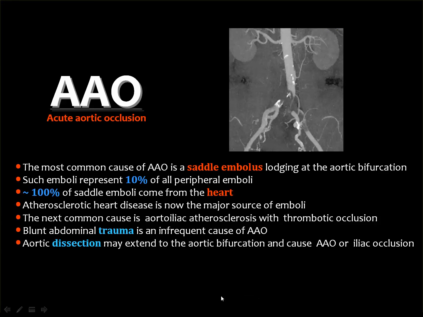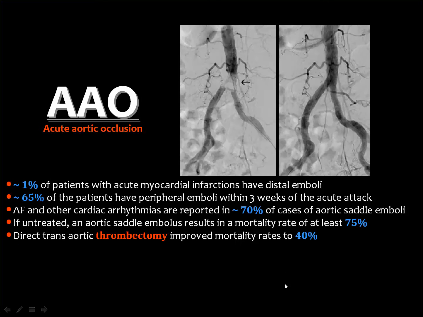But the major cause, as you see here, about 100% of emboli come from the heart. Then 1% of patients with acute myocardial infarction have distal emboli. Then myocardial infarction is one of the underlying causes, and patients have peripheral emboli within 3 weeks of the